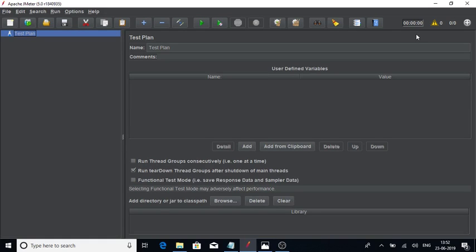So in today's session, we are going to learn how we can do remote testing or distributed testing in